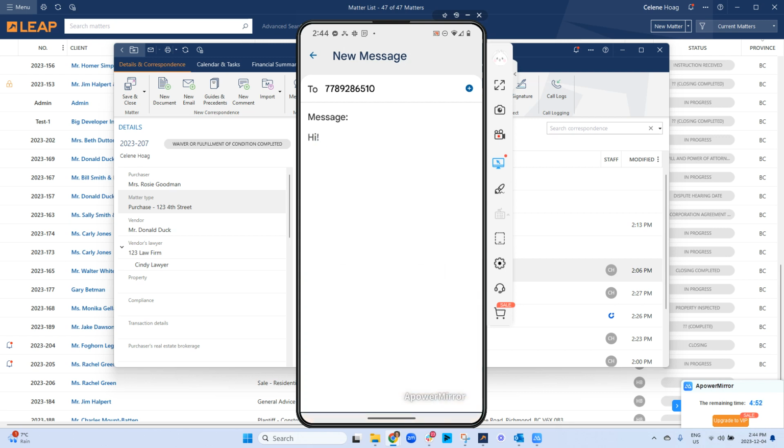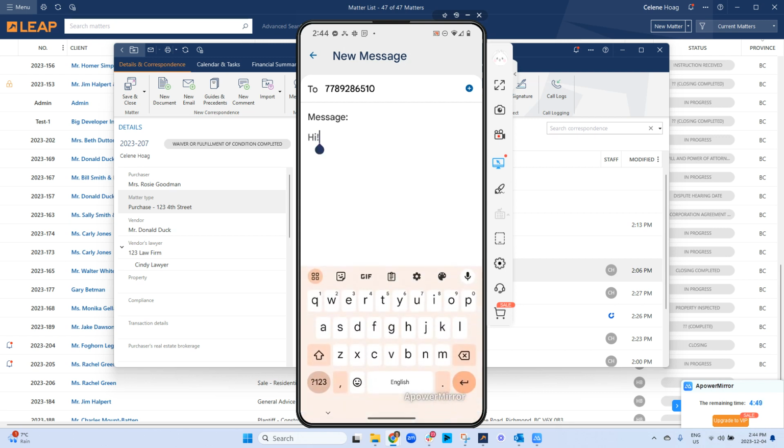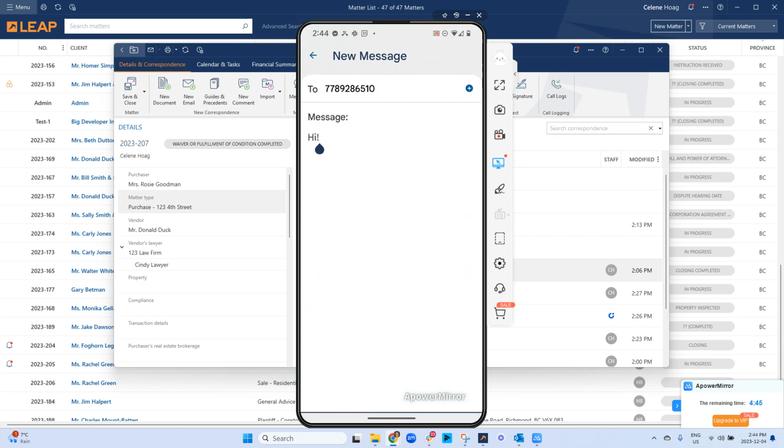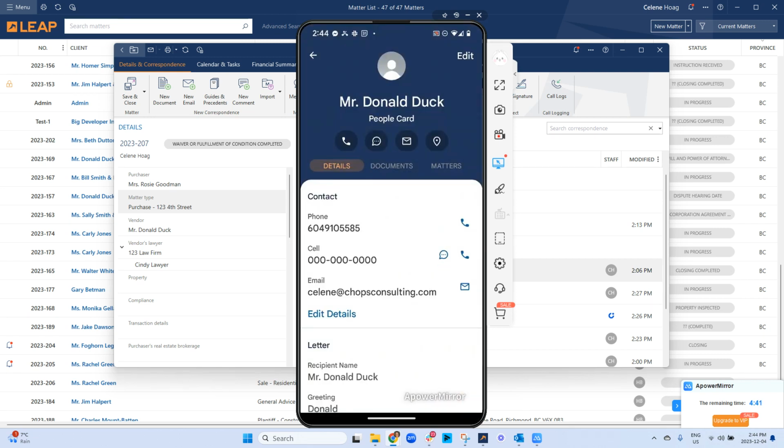I don't know if I can text myself from my phone though. But you get the idea. If it wasn't to myself, it doesn't seem to let me, but that's how you would do it. And you can also call directly from here by tapping the phone button. So